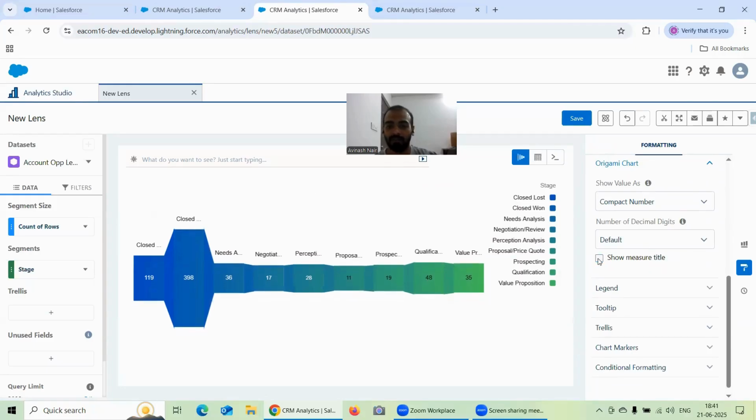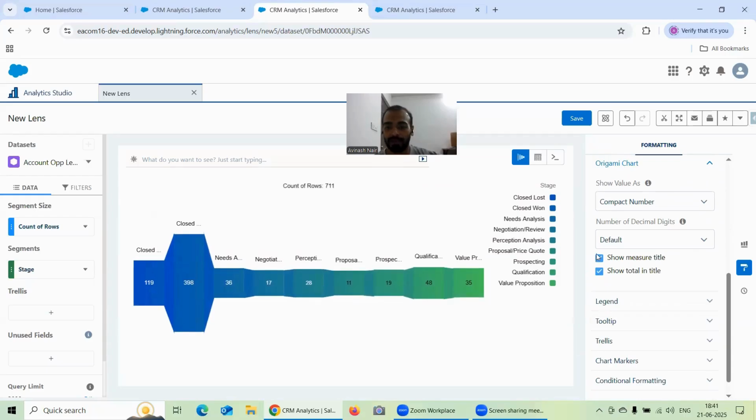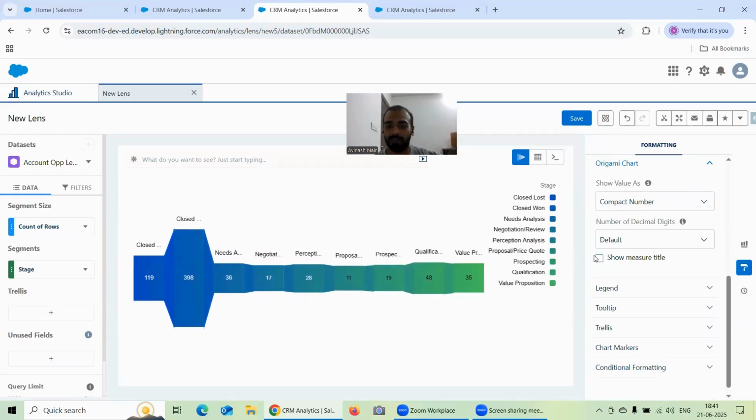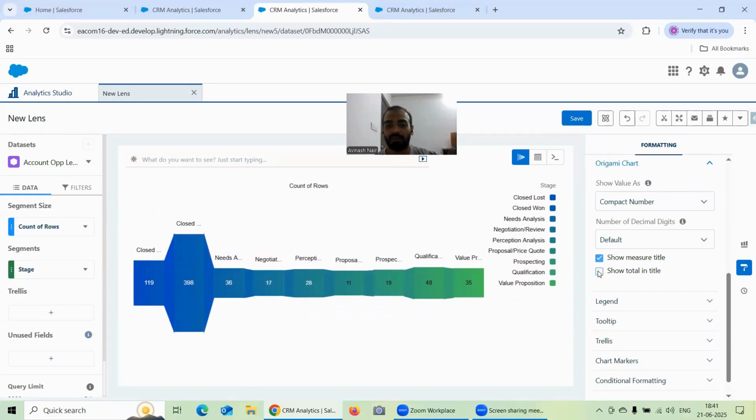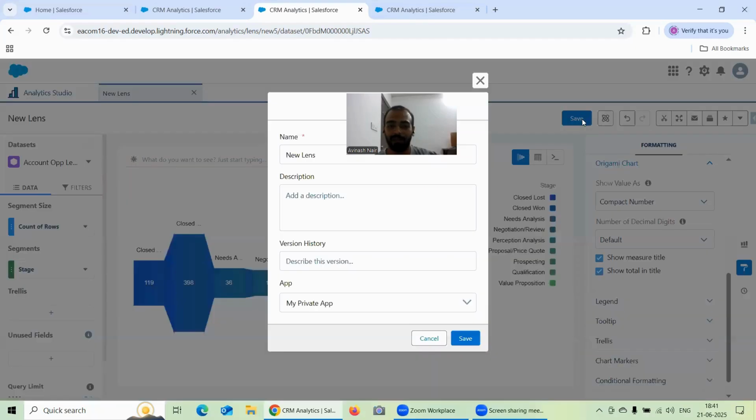Again, here also, if you want to show the measure title, you can show it. If you don't want to show it, it will disappear. And you have that option of showing the total as well. That's the thing about this one, nothing else. And here I can again quickly write it as